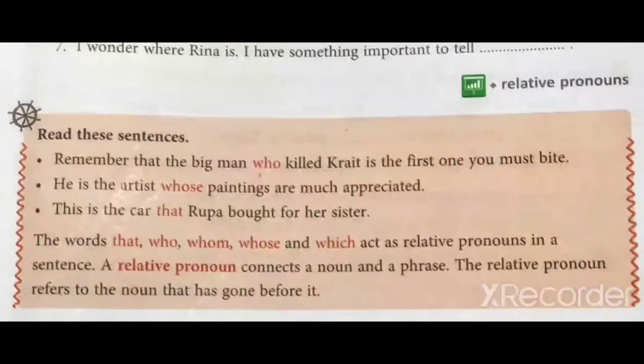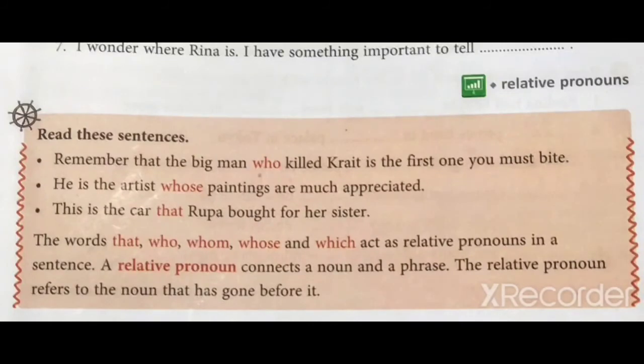Children, the next exercise is for the relative pronoun. The kinds we saw, no? There are so many pronouns. In that, the first type is relative pronoun. That only we saw in this session. So see the exercise and definition for you, children. Here, read these sentences. See here for relative pronoun.